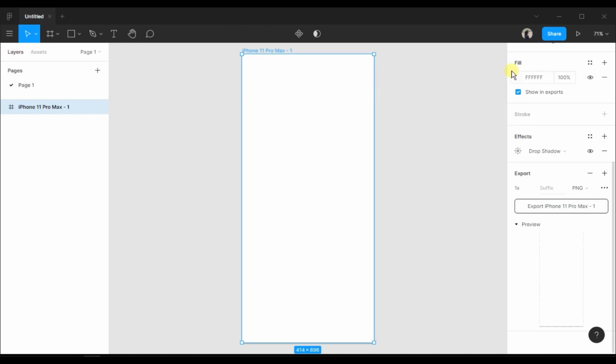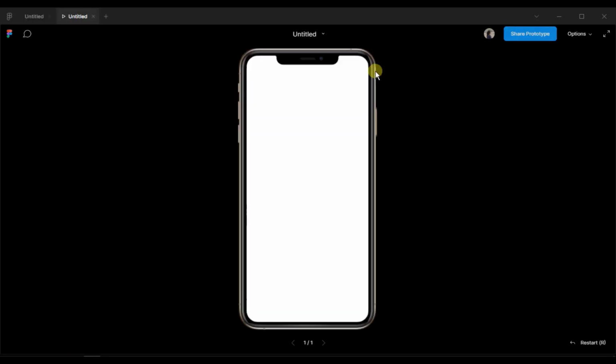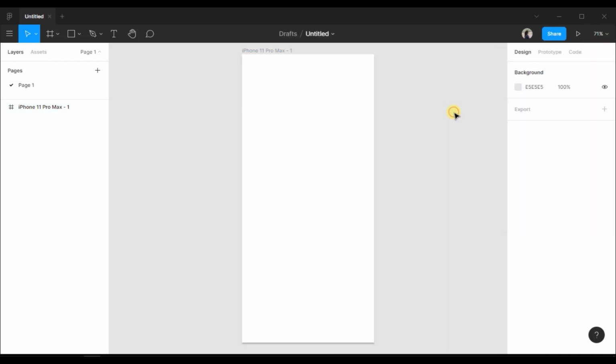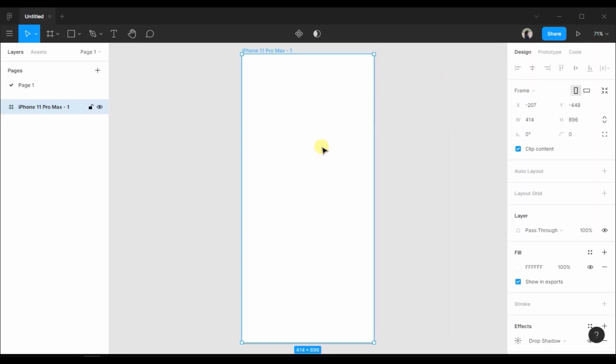Now here we have the share button, using which you can share your design document with other people. And then here you have the present button, which will show you the output of your design you have created in mobile animation likewise. And then these are some zoom options. Now for our mobile application, we are going to create a UI for online food delivery application. So without wasting much time, let's start.